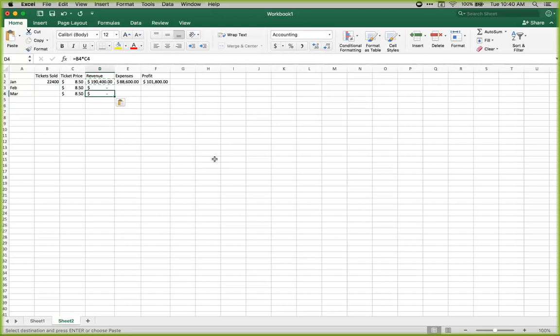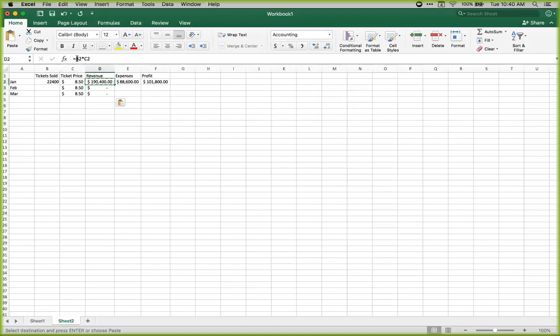Now, the reason why Excel by default is pasting what you could consider a relative formula, or a spatial formula, is that it's actually better. It's what we want when we're using Excel. If it had pasted the exact same formula down here, then it would have been giving me January's numbers, not February's numbers. I want February's numbers. So Excel is smart enough to know that I probably mean these two here. So how that works